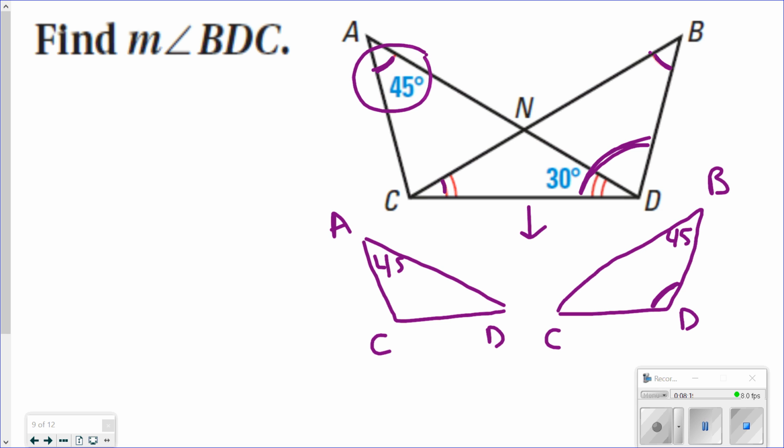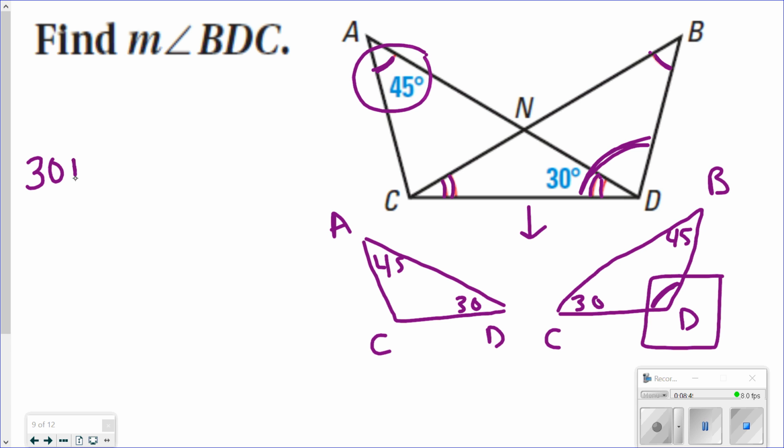If I look down here, I see two tiny tick marks and two tiny tick marks here. And it tells me that that's 30 degrees. So that means that this is 30 and this is 30. So now I'm trying to figure out what is this angle measure. Well, remember, when you add up a triangle's angles, it equals 180 degrees. So that means that